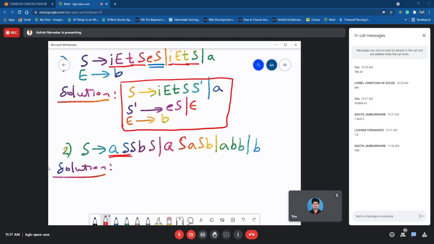So I can see aS. If you look at the third production, a is there but the capital S is not there. Our main problem is the longest prefix problem, so the longest prefix will become small a capital S. Writing the production, we get S derives